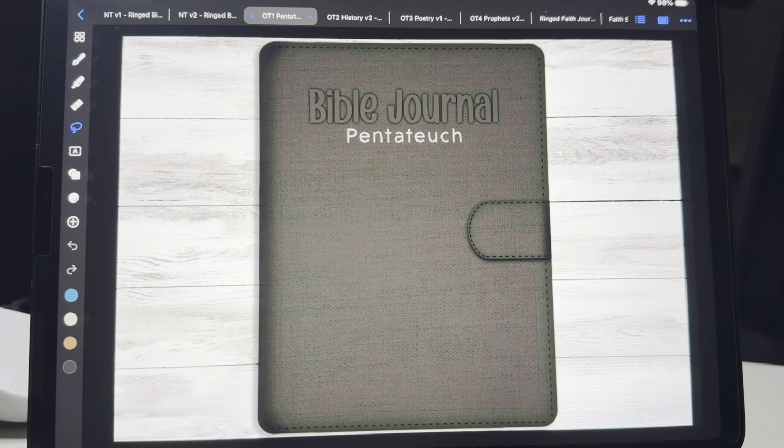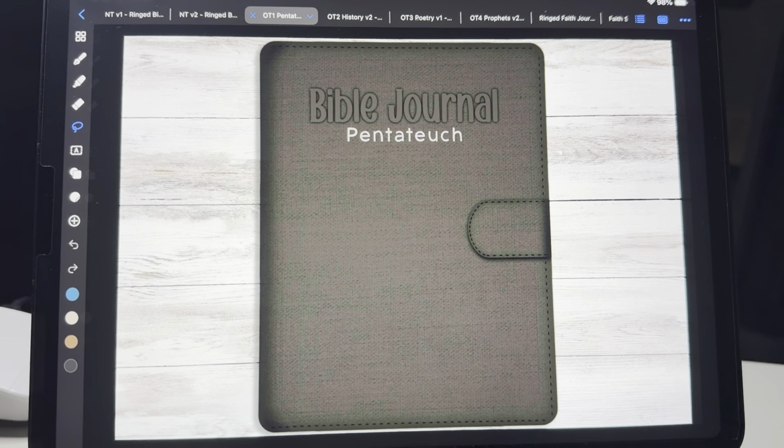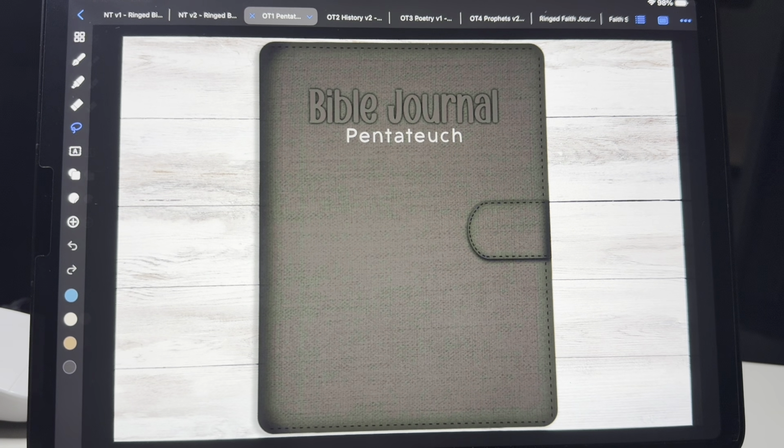Now with this one, with the previous one, it was only linked to the NLT version. This one is linked to 4 different translations. So it's linked to the NIV, NLT, ESV, and KJV. And that is also one of the other reasons why I had to separate out this Bible journal into 5 different ones,